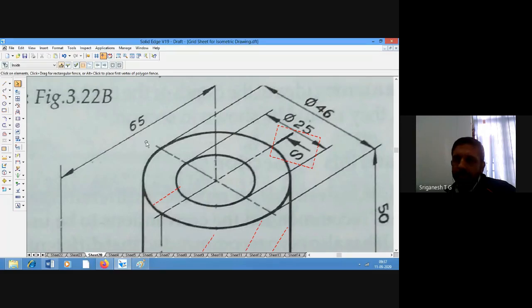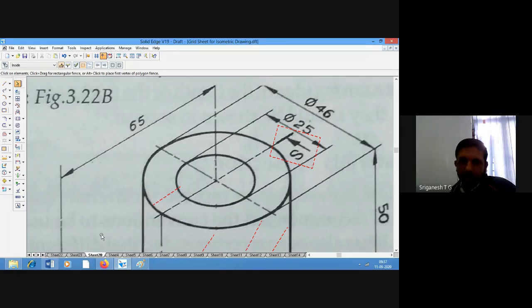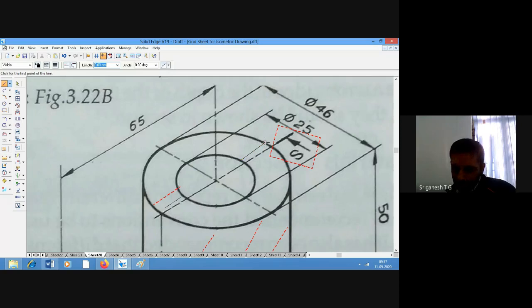So 46 minus 25, how much? 21. So 21 is the difference. It will be half on this side, half on the other side, so it should be 10.5.